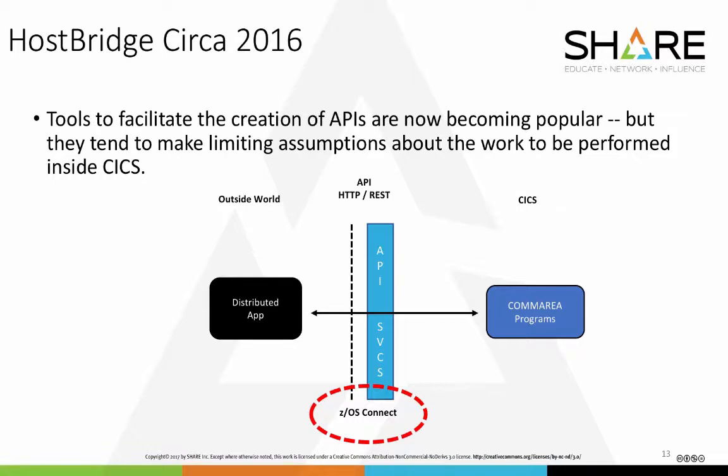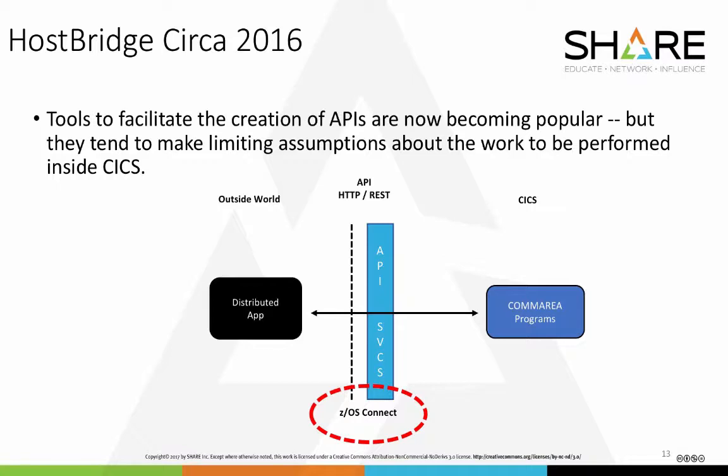Now, here we are. Let's fast forward to today. And we just heard a great presentation about a tool like z/OS Connect. We live in a world where tools in and around APIs are now becoming very prominent and popular, to facilitate the API, to map the API, to manage the API. Lots of great tools are coming up. But I want to draw your attention back to the issue that how you map, manage, or define the API, for most of our customers, most CICS customers, is not the first issue to consider. The first issue is, in what shape or form are your existing business assets?